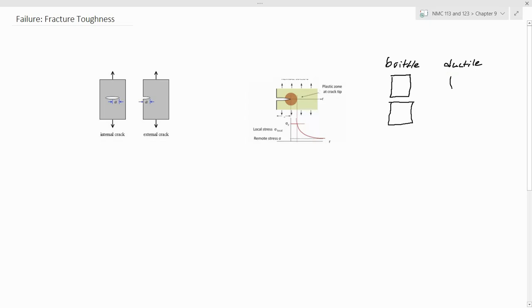You have two samples, and you have sort of like a dink on this one. This is how basically the two surfaces would look, because the ductile material undergoes more plastic deformation than a brittle